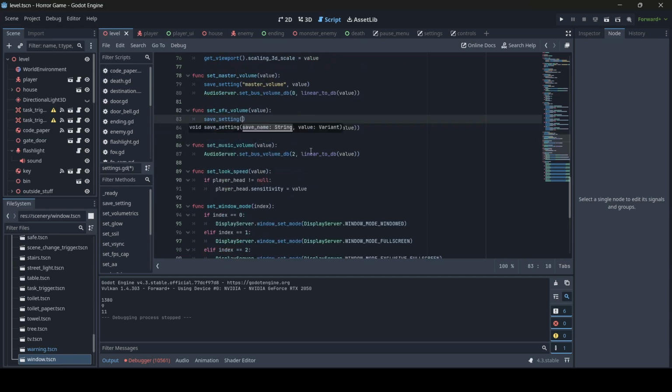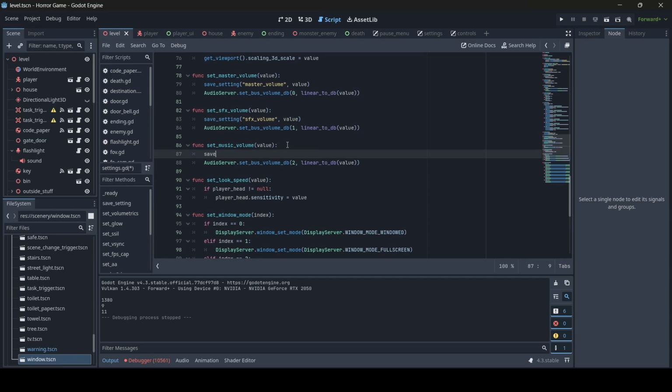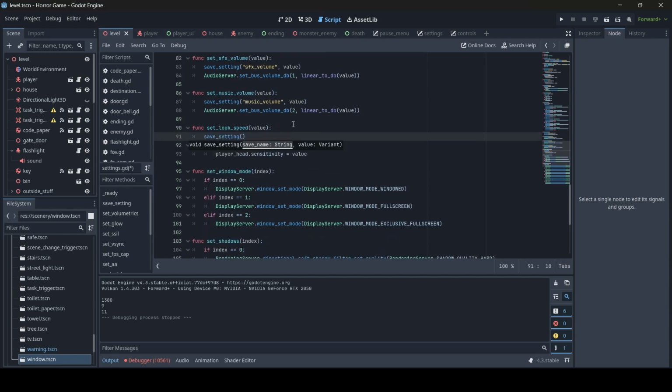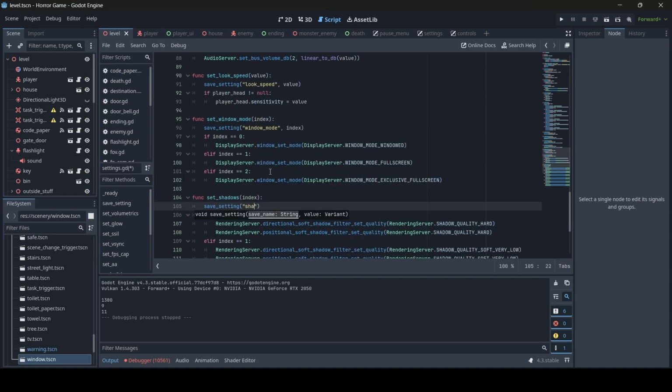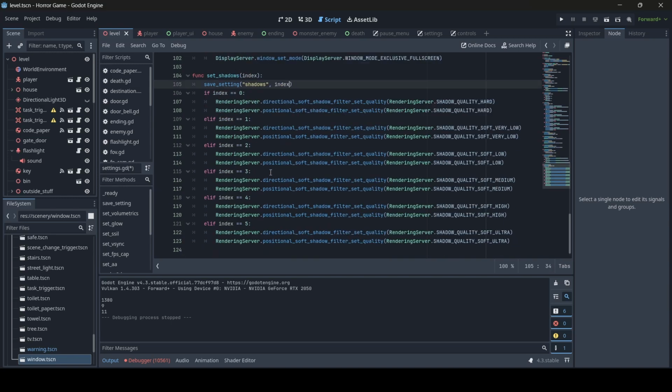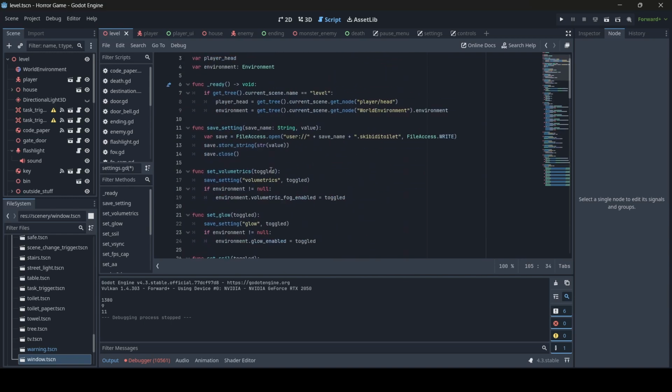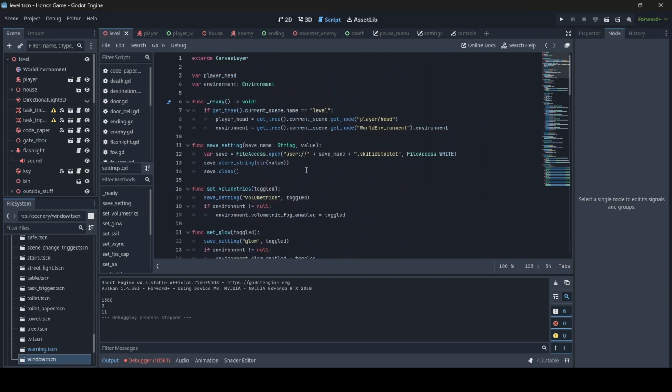then the sound effects volume, then the music volume, then the look speed, can't forget the window mode of course. Alrighty, so now all our settings have been saved, so whenever these settings get set now, they'll be saved